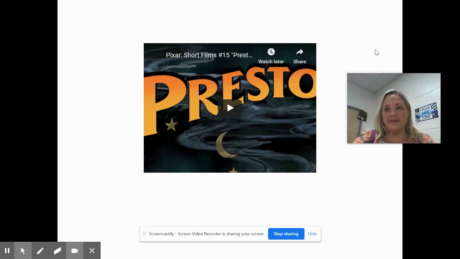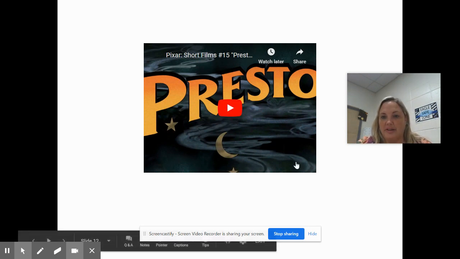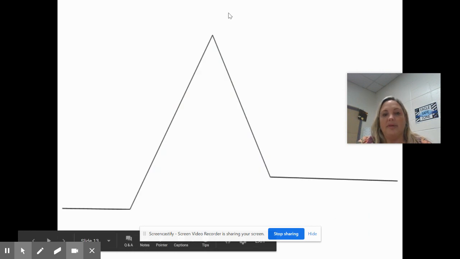I want you to be thinking about the plot diagram, the exposition, the rising action, the turning point, the falling action, the resolution. And when you're thinking about these things, think about where they fall within this movie Presto. Okay, so I'm going to go ahead and click past the movie. This is the plot diagram,